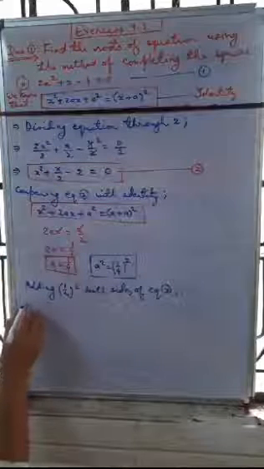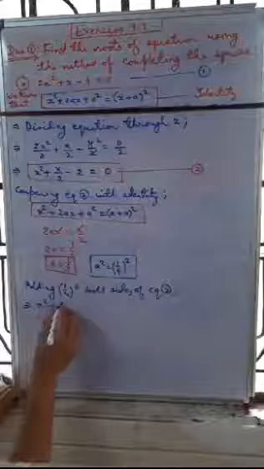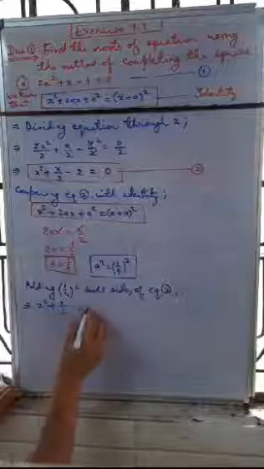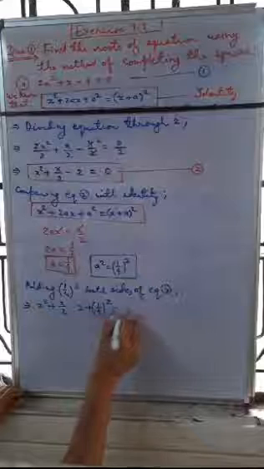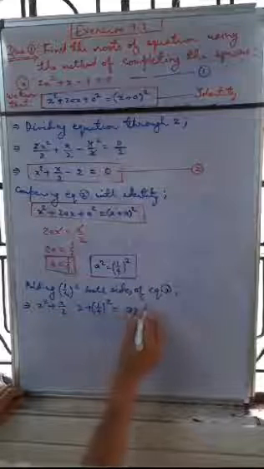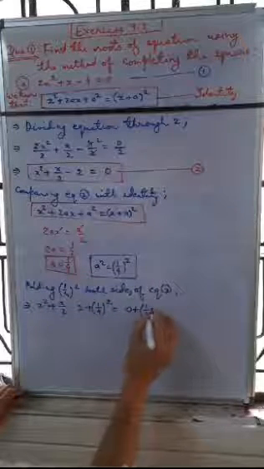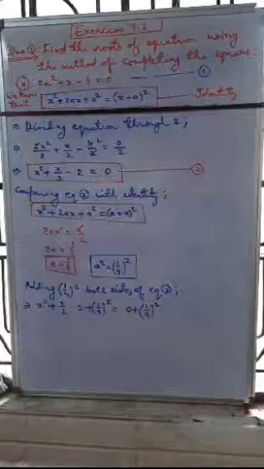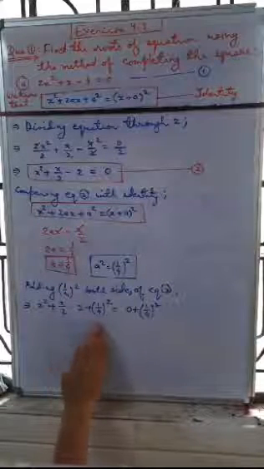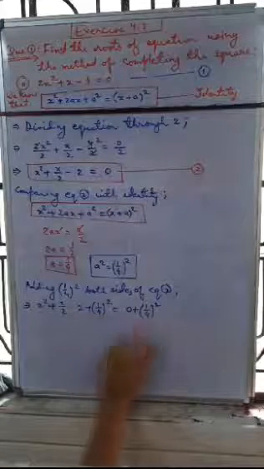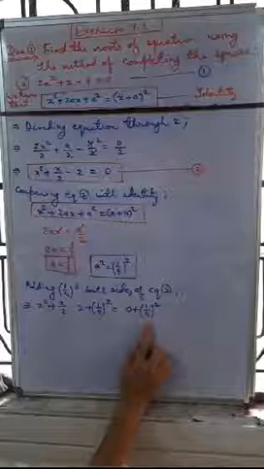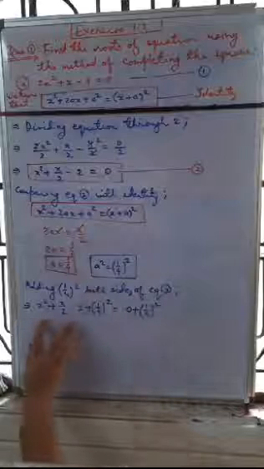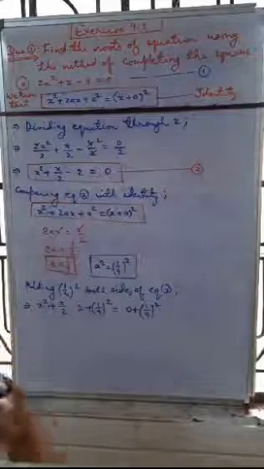So now the equation becomes x square plus x by 2 minus 2 plus (1 by 4) square on the left hand side, and on the right hand side we add (1 by 4) whole square. So there is no effect on the problem, because on the left hand side you have (1 by 4) square and on the right hand side you have (1 by 4) square, so both you can cancel. So we will get the previous equation again.